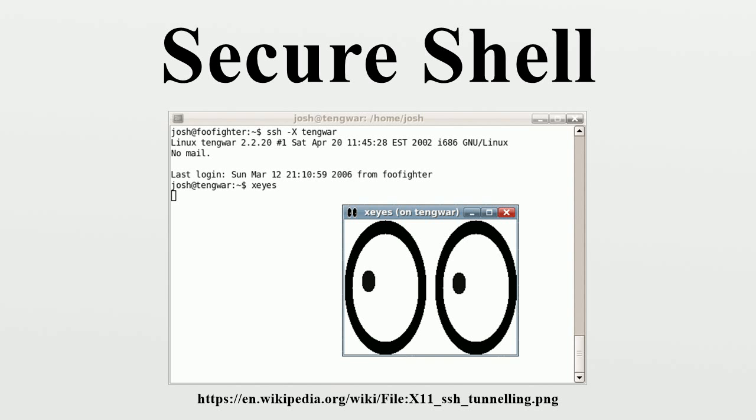RFC 6668, SHA-2 Data Integrity Verification for the Secure Shell Transport Layer Protocol. RFC 7479, Ed25519 SSHFP Resource Records. In addition, the OpenSSH project includes several vendor protocol specifications and extensions: OpenSSH Protocol Overview, OpenSSH Certificate Key Overview,